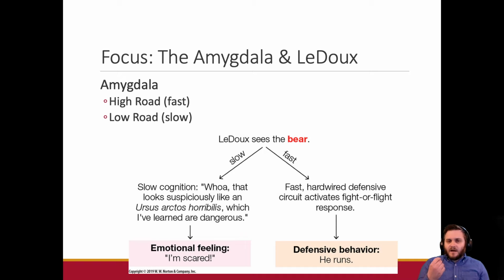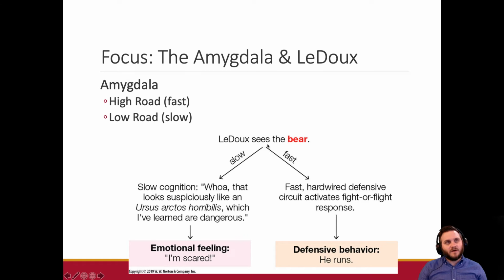So there is one more theory of emotion, but this one has to specifically do with the amygdala. And so LeDoux, being a cognitive neuroscientist and somewhat a behaviorist, determined through a number of different studies, or at least theorized, that the amygdala has two routes for processing, okay? And so your book has the